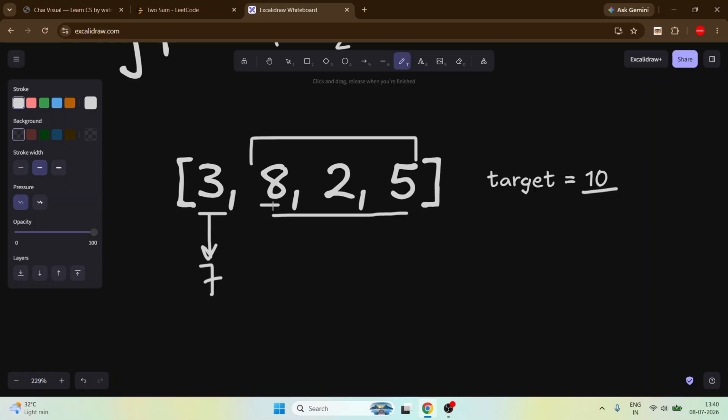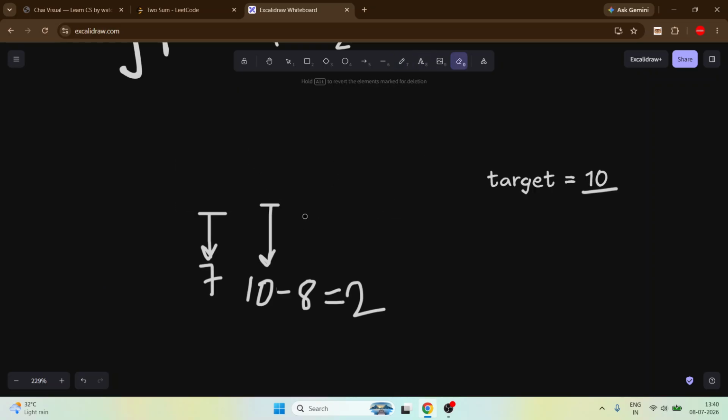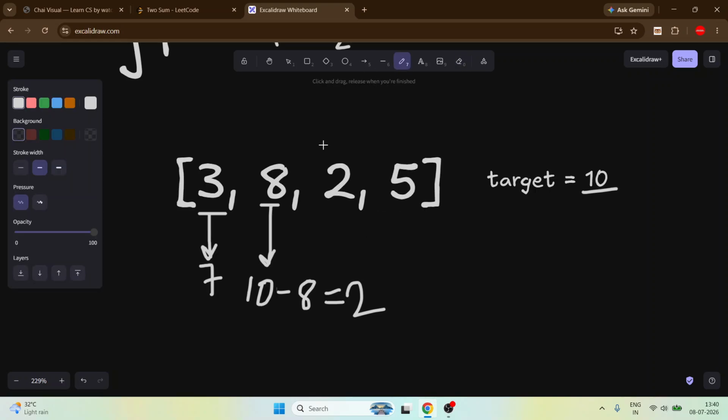Similarly in this case, what do we need here? The target is 10, so 10 minus 8. We need 2. We need 2 in this portion. Do we have 2 here?